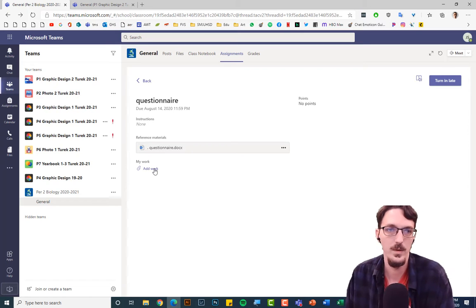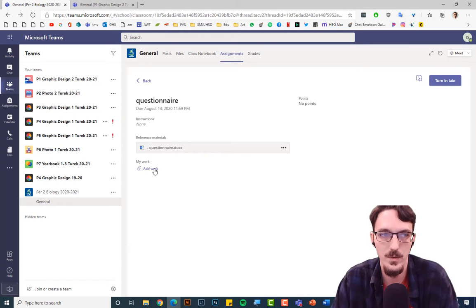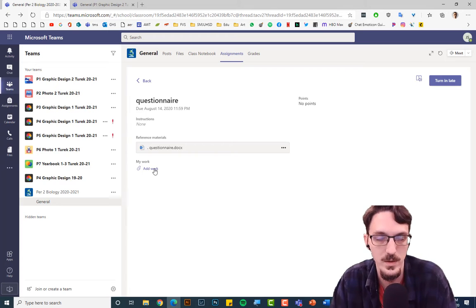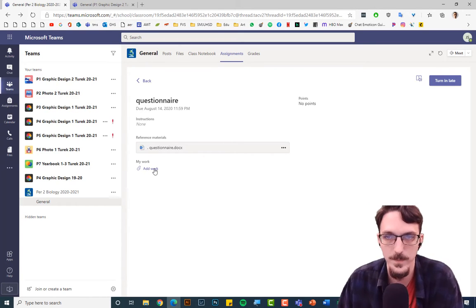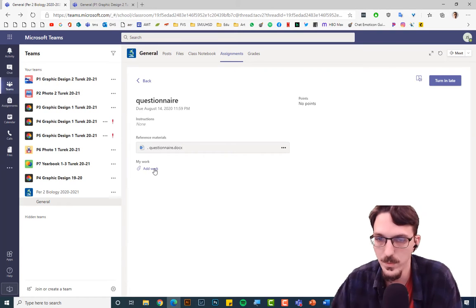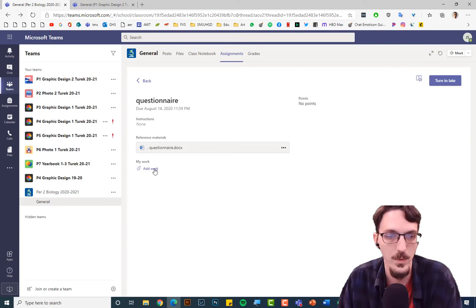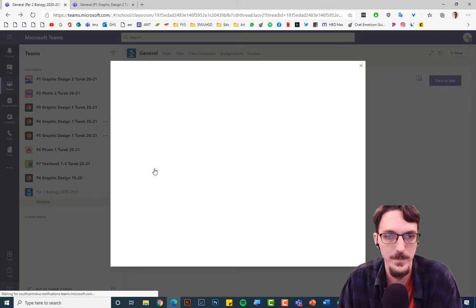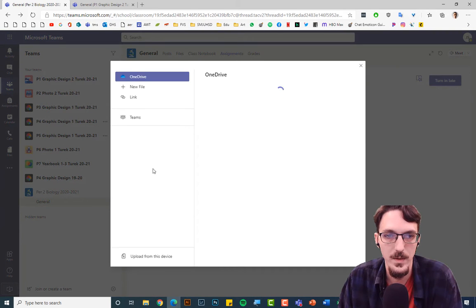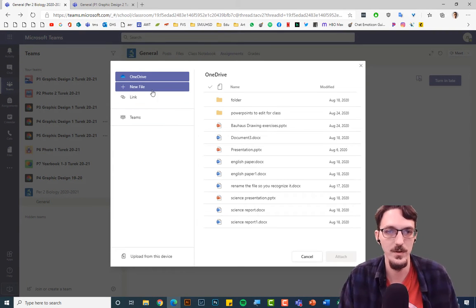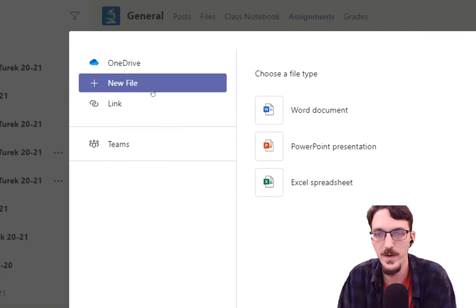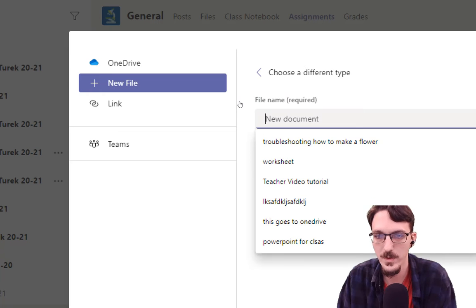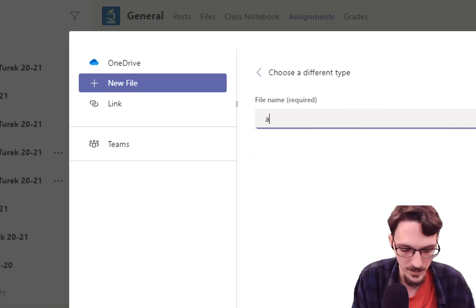To attach a Word document, I could switch apps to the online version of Word, but in Teams, you can just add a brand new file to your project here. So I'm going to click on Add Work. And I know I'm just going to be answering questions, so the option we're going to pick is just New File. If you click on New File, and then you click on Word Document,